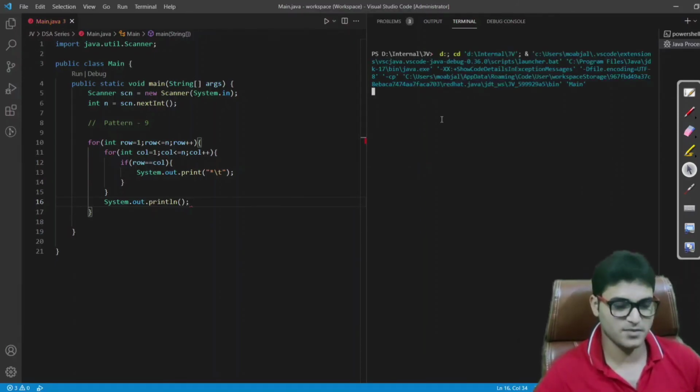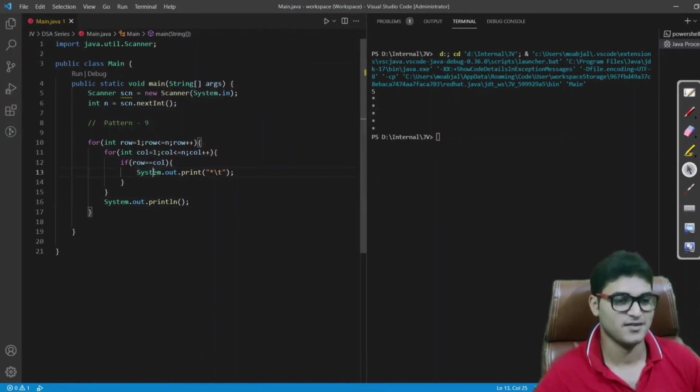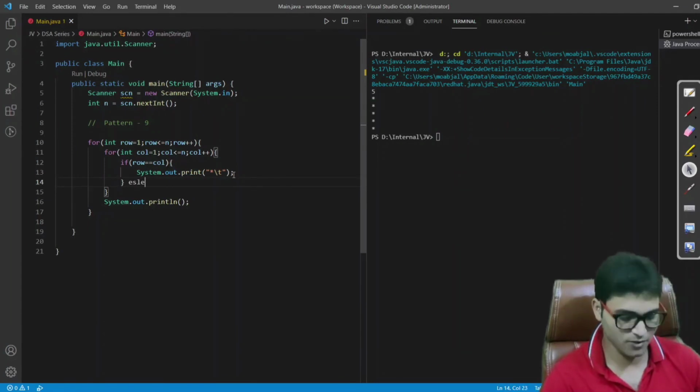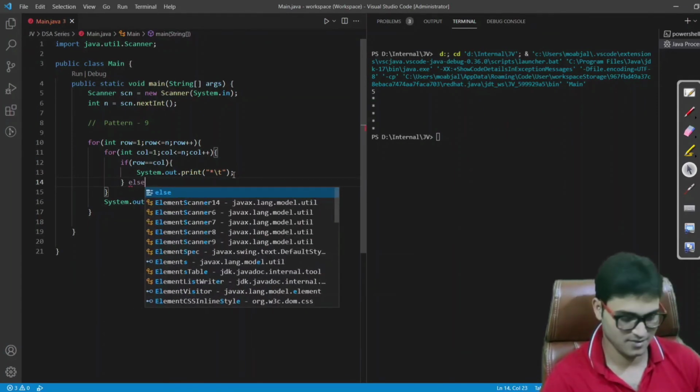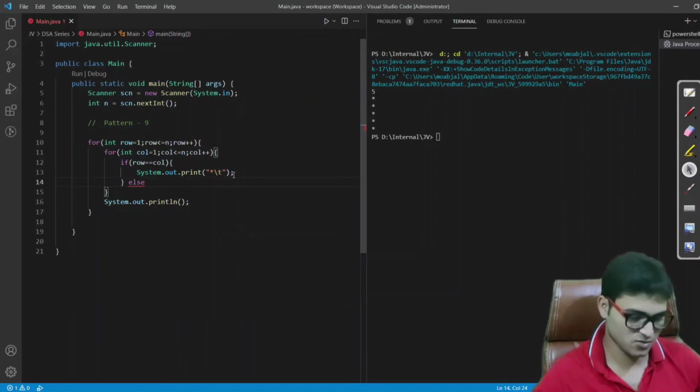Oh my god, 5 is being entered in the code also. Why is this giving the output like this? Because we have not printed spaces. We need to print spaces also.